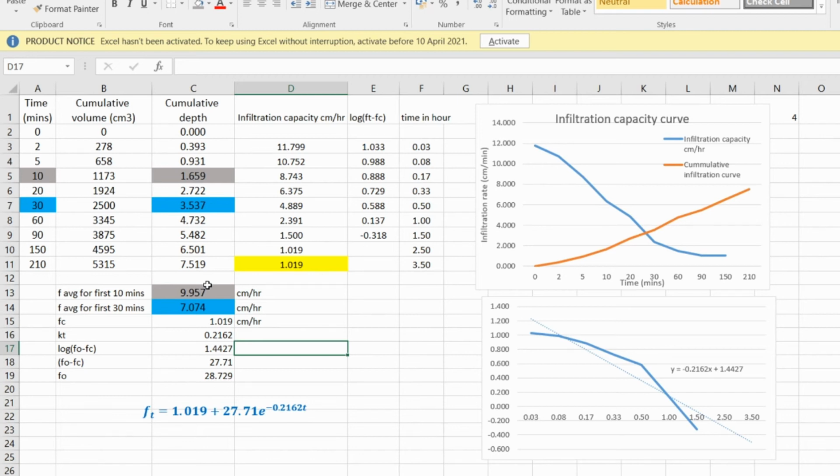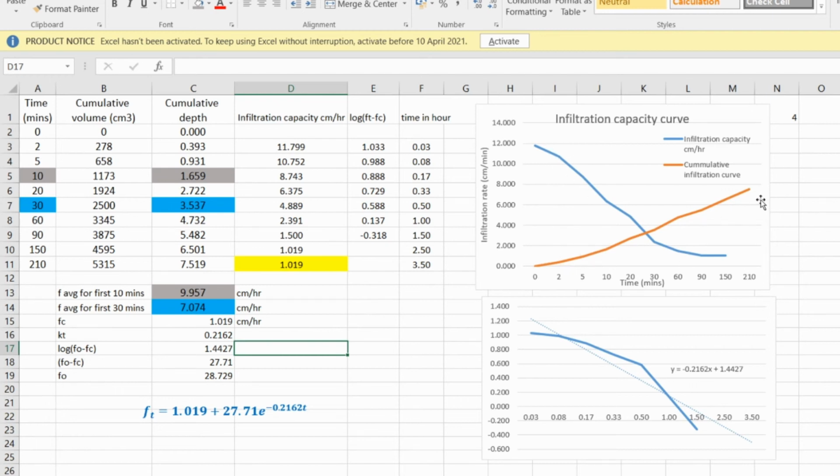Now whatever extra I have solved is basically to help you understand Houghton's infiltration equation. So using these data itself, I am going to solve the Houghton equation. Houghton equation, as you know, gives you the infiltration rate at any given time. So if you use that equation, you will be able to solve how much the infiltration rate is at any given time.